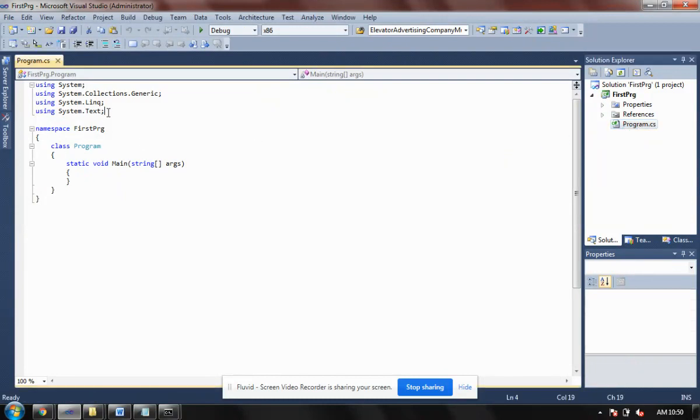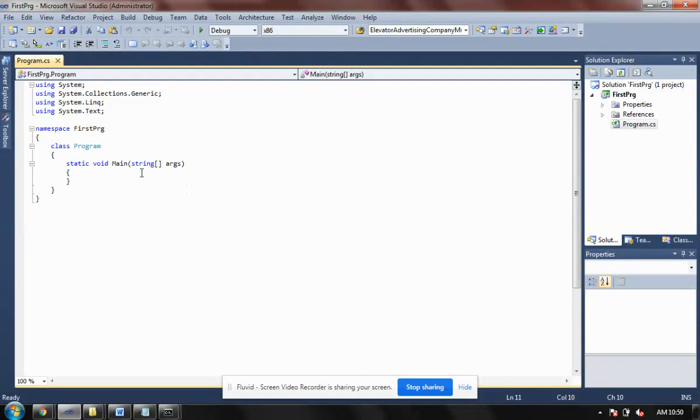I get a few of the namespaces here. These are some important files which are automatically added by Windows. And then we get a namespace here. What is a namespace? In one namespace, we can create any number of classes. This is my class. Every class should have Main, so Main is there, and this is completely case sensitive. Main in this C sharp programming language has a capital M, with string array as argument.